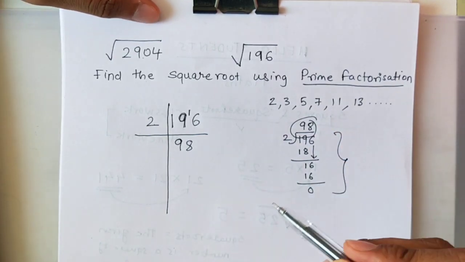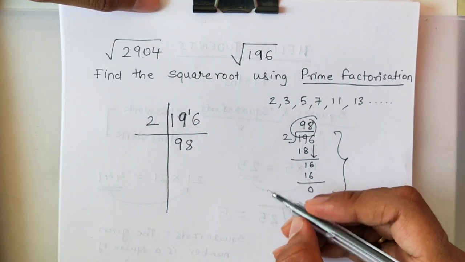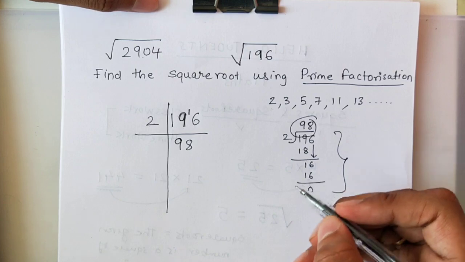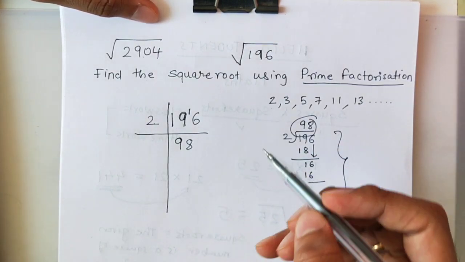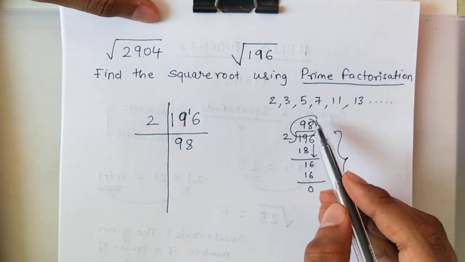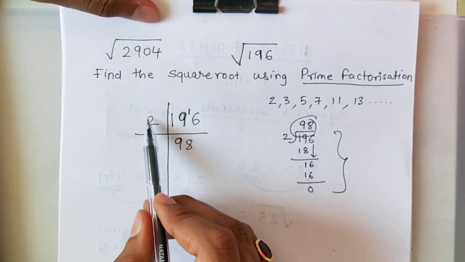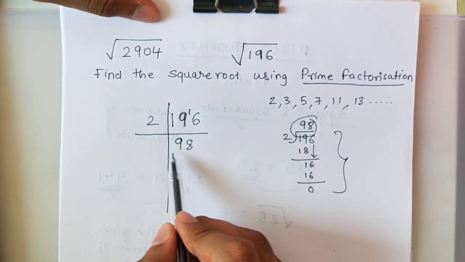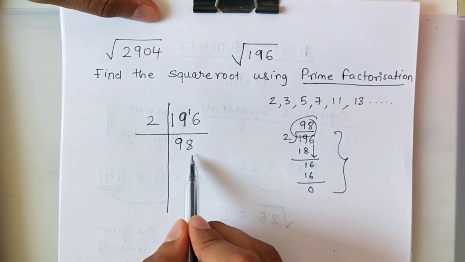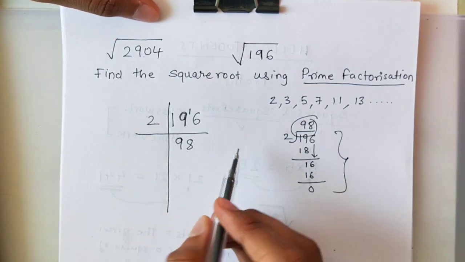But I want you to learn something which is easier and which will reduce your calculation time. So I want you to learn to solve directly. You can do this also, where your answer is 98. So 98 will come here. Which means that we divided 196 by 2 and we got the answer 98. Now 98 is further divisible by 2.